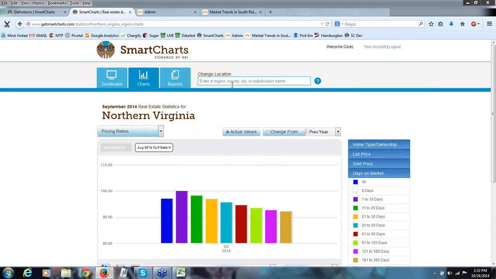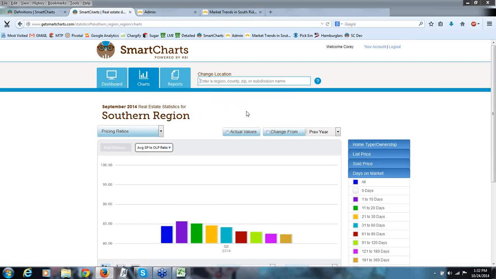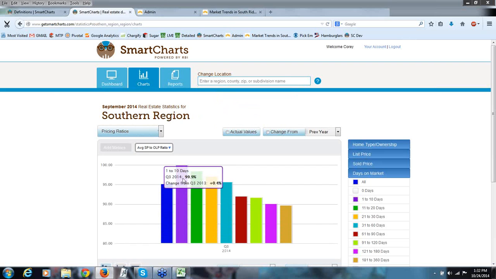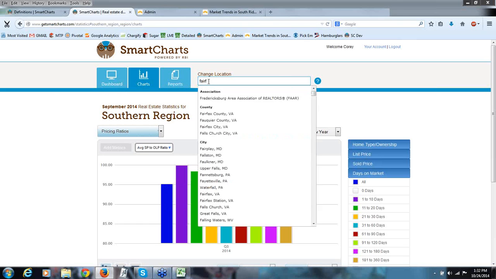If we switch this to, say, let's go with Southern Maryland. There are 3 counties within Southern Maryland, Calvert, and a few others. And actually, you can see here it's just as pronounced. I do some reports for Charlottesville, and it's not quite as pronounced just because the days on market are much higher there. But how to use this chart, if we just look at this for Fairfax County,